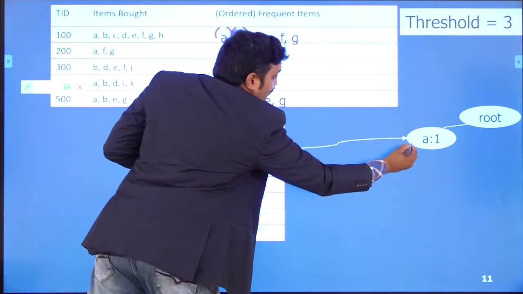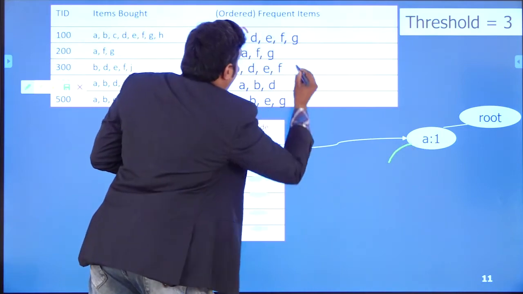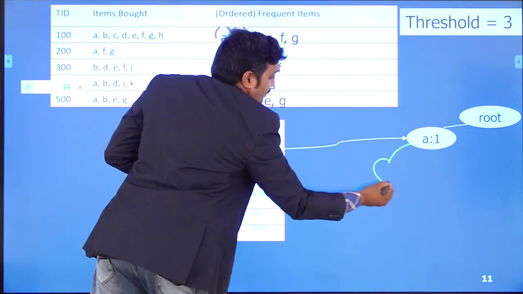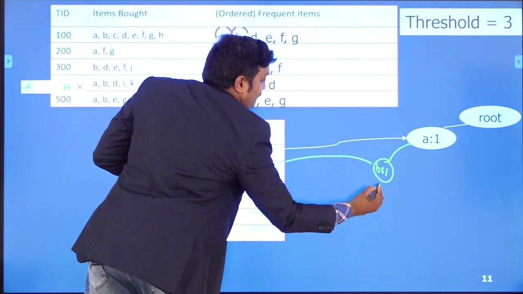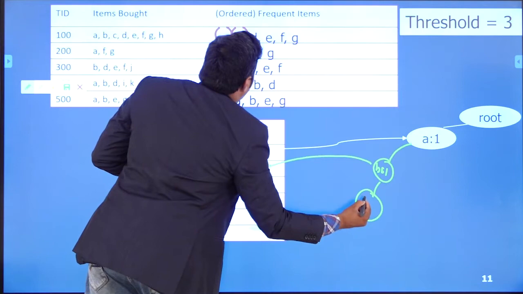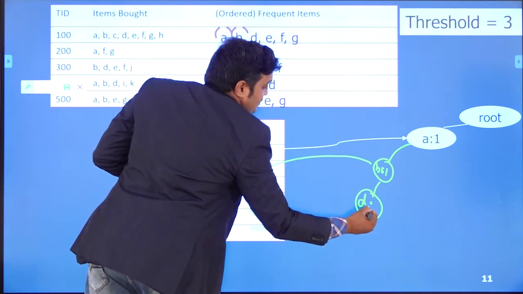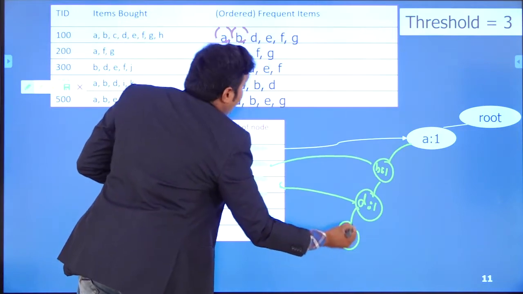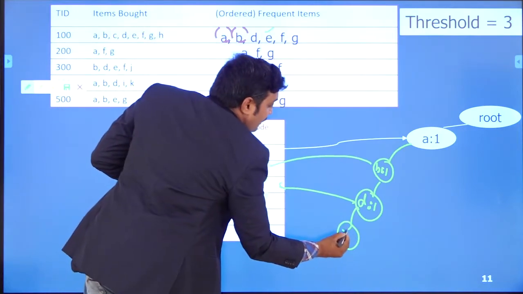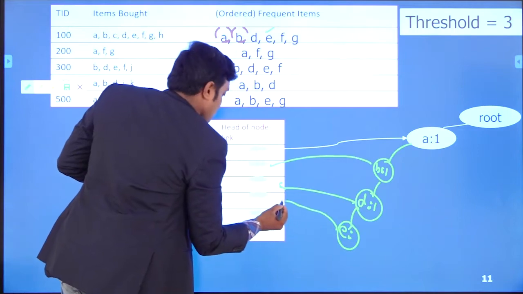So what I am going to do: A scanned, then B, one time linking. Then D occurrence is one time and link. Then after D, E occurred, E one time link.